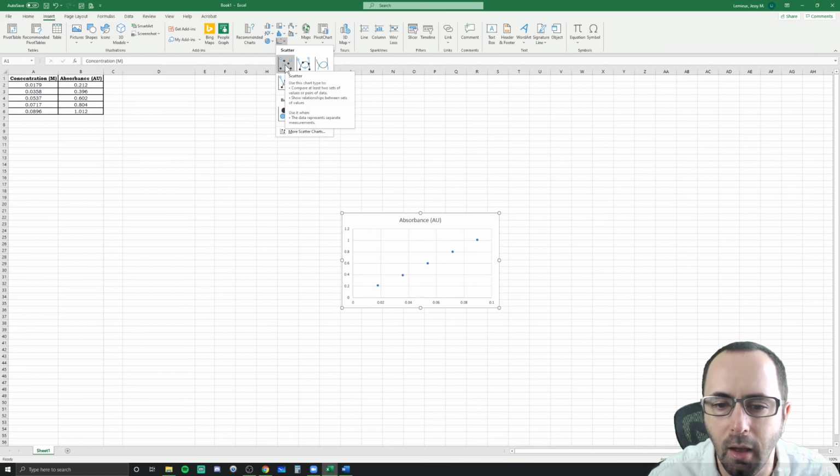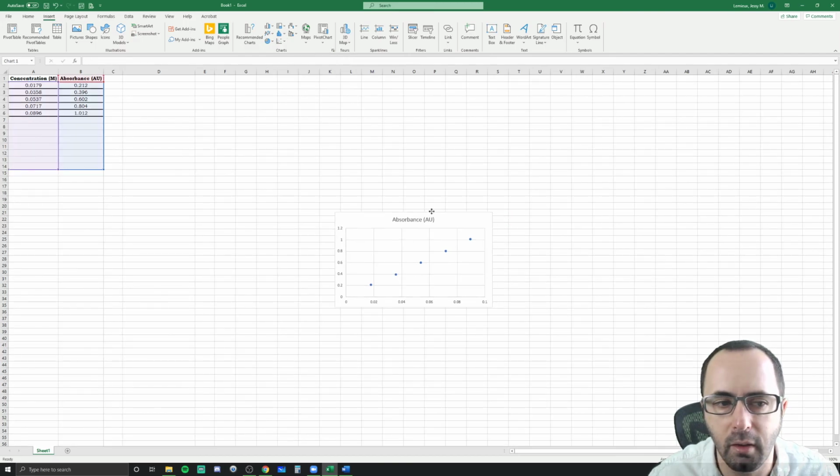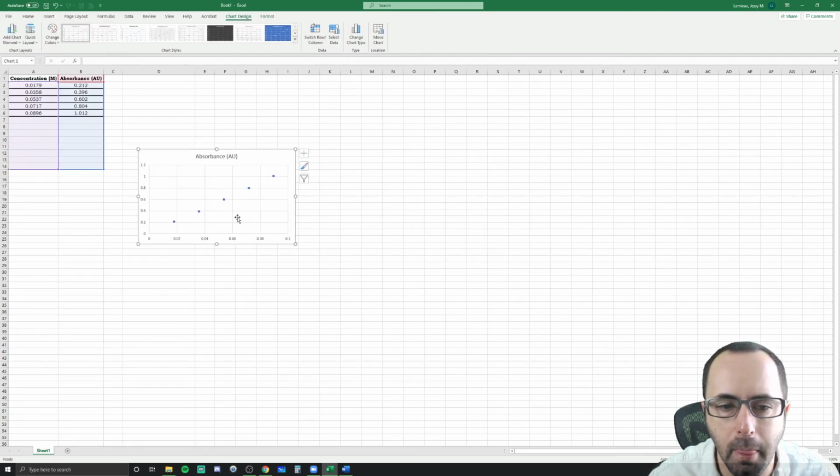We don't want to connect the dots. What we want to do is find a trend line, which does not necessarily connect the dots. So one thing you're going to notice here is that on the graph that was made, so just to review